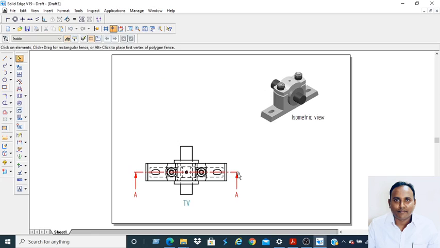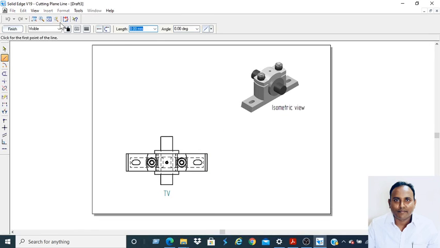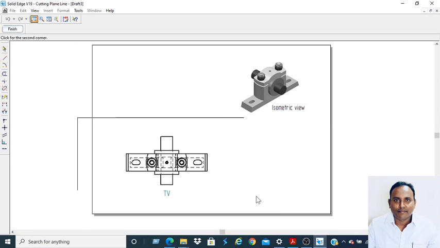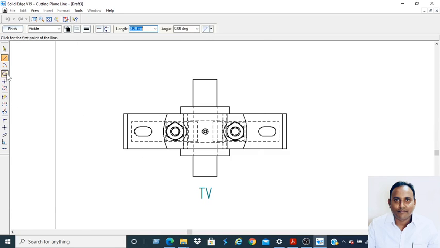Yes, delete the section line. Fit. Go to the cutting plane again, select this one, zoom the working area, draw the section line.